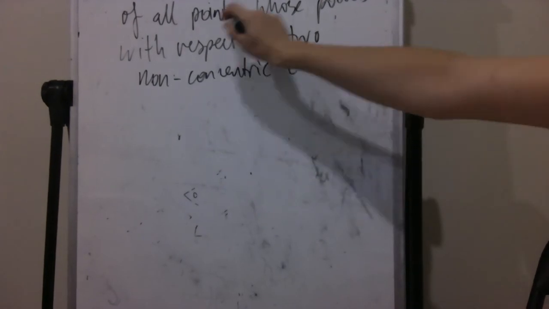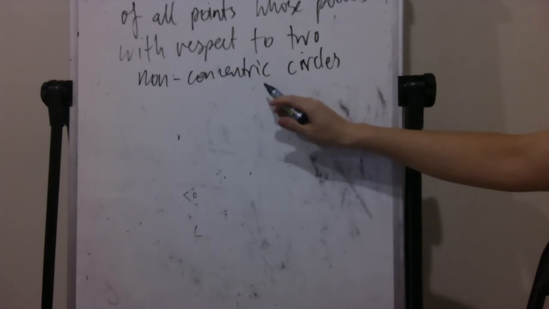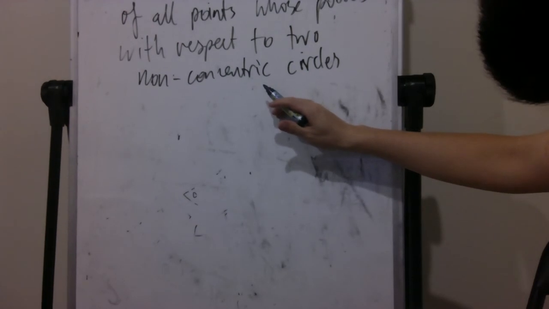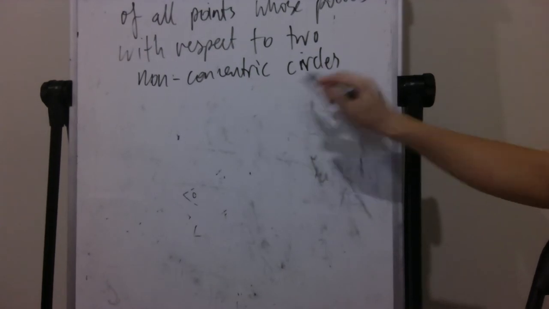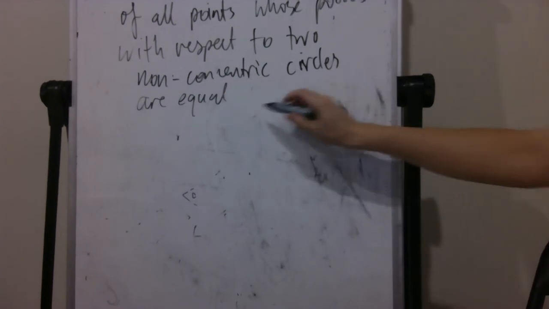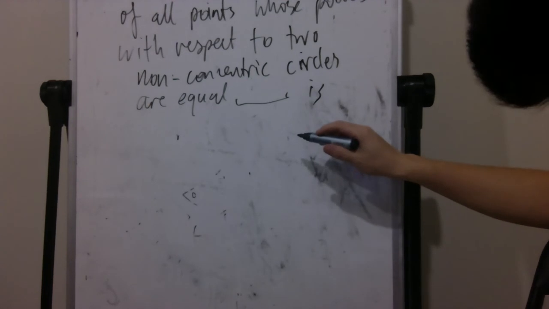Okay, so the locus of all points whose powers with respect to two non-concentric circles are equal. It says like the set of all points whose powers are equal. So maybe you can pass this here. Is a line